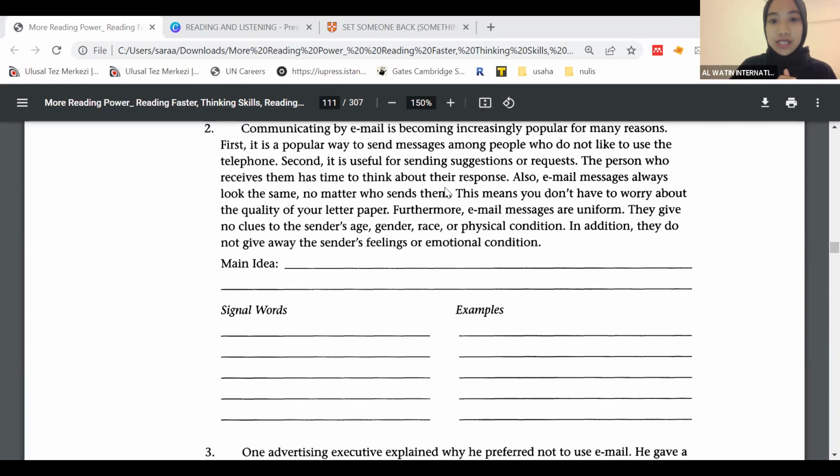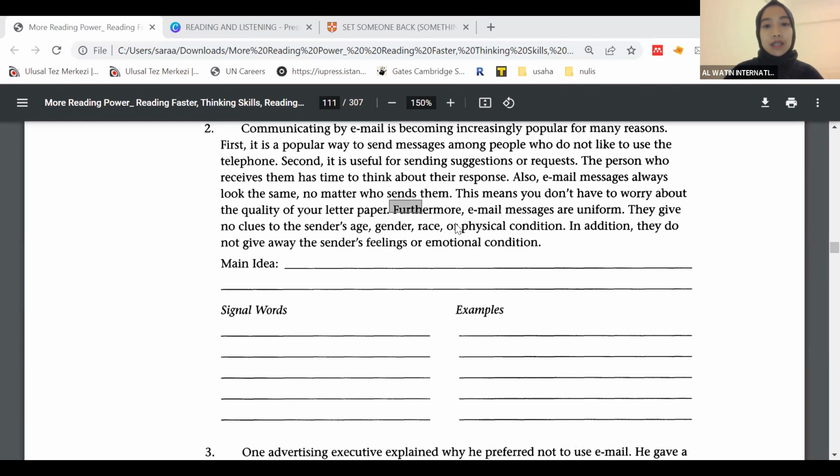So this one means you don't have to worry about the quality of your letter paper. In addition, so they want to go deeper. They want to explain more about letter paper. Here they explain, email messages are uniform. Okay, they want to explain more. Furthermore,